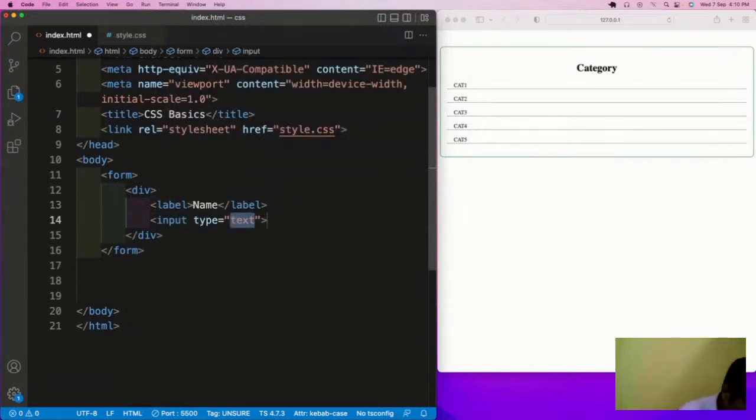So input type we will have as text, and name will be name. So here let us use a common class for all this. We use the form dash form group, and here what we will do, we will replicate these things